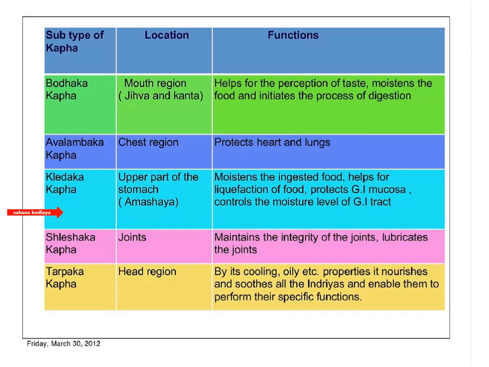The next is the kledaka kapha. Kledaka kapha resides in the upper part of the stomach, the amashaya. The main function of the kledaka kapha is to support the digestion along with the pachaka pitta and samana vata. In the previous two classes we studied that the pachaka pitta is also present in the amashaya, that's in the lower part of the stomach and the upper part of the small intestine, the duodenum, and also the subtype of vata, the samana vata, is also situated in the stomach.